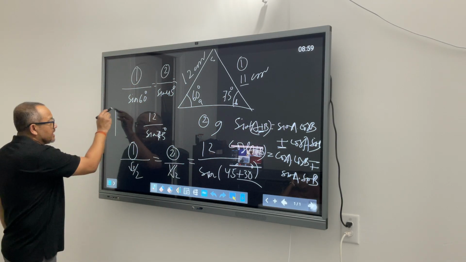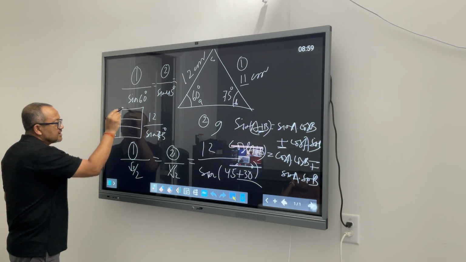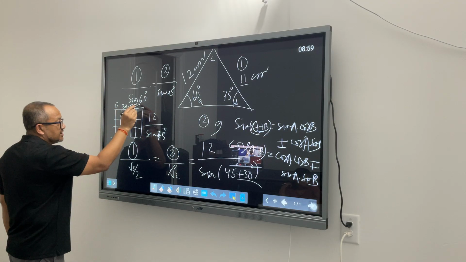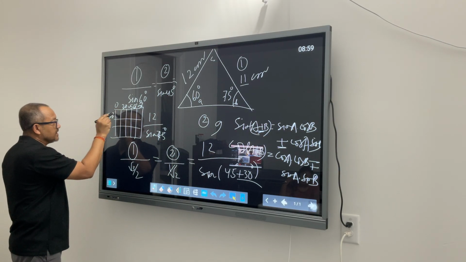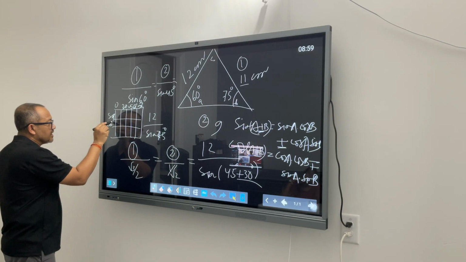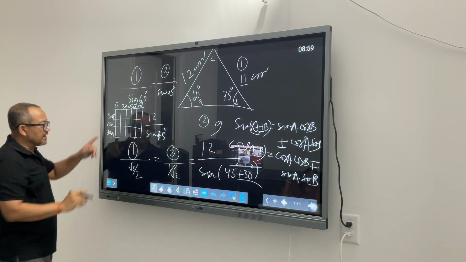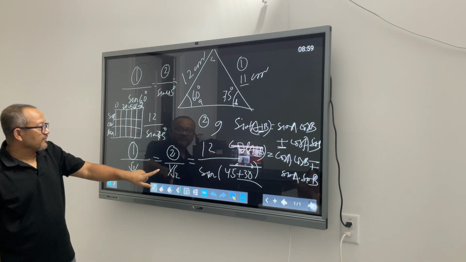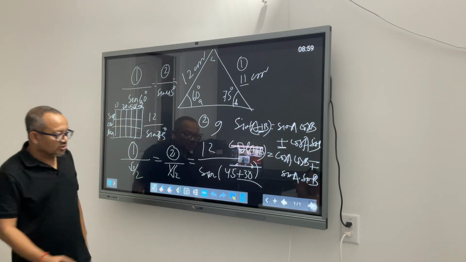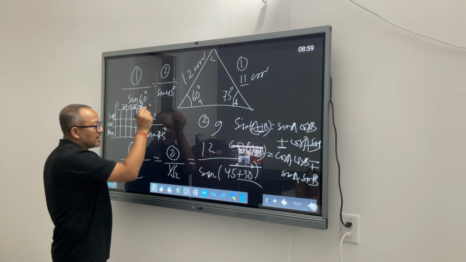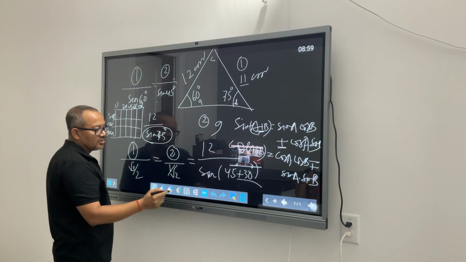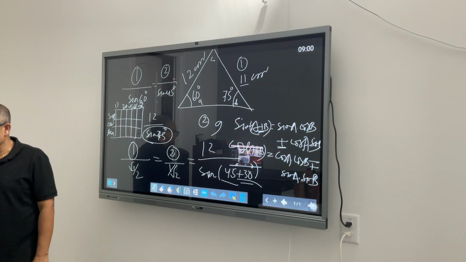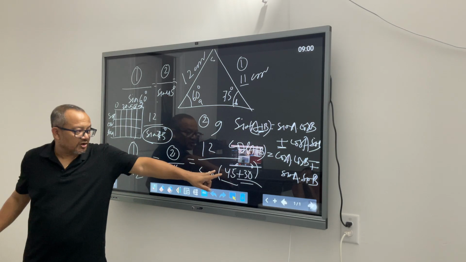There is this table that I keep talking about, that there are some most commonly used angles: 0 degree, 30 degree, 45 degree, 60 degree and 90 degree. These are the angles for which you will end up memorizing the values of sine: 0, 30, 45, 60, 90. That's why I was putting sine 45 as 1 by root 2. That's coming from this table. So if you have any two angles known to you, like 75 you can break into 45 plus 30. These are some of the trigonometric identities that we will anyways learn. But if we know it, we can use it.